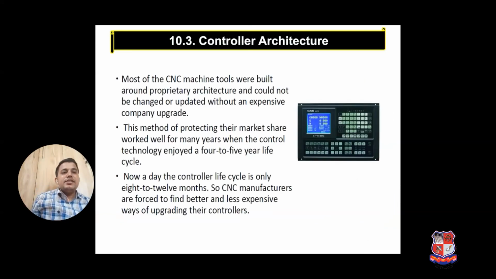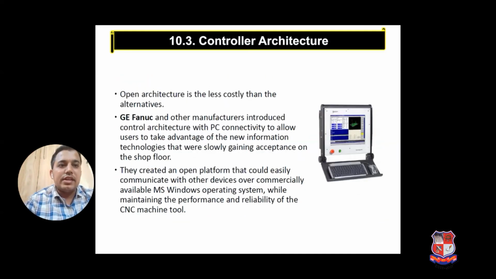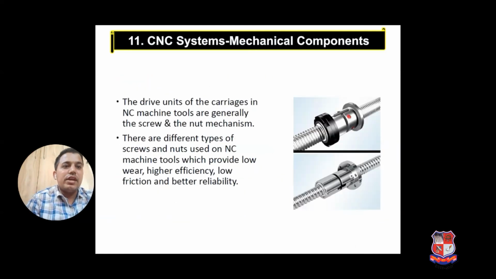So controller architecture is nothing but one screen, or a small mini computer screen. By using that we can identify the tool axis XYZ positioning as well as the program. We simulate the program, and then the current operation situation we can observe on this screen. For input data purpose, the ABCD keyboards are there. Machining, coolant on off, or spindle on off, rotation clockwise, anti-clockwise, emergency stop, all kinds of functions are available in the control architecture. Okay, you can observe the different control architectures are there.